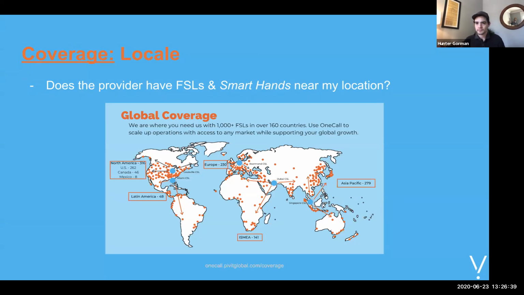Yeah, so this slide really, two things pop out at me when I look at it. So one is obviously our topology of FSLs, which are our forward stocking locations that house our spares for both 4-hour and next business day coverage in all of those regions, as you can see. But furthermore, they also are a hub for our Smart Hands offering, which are two different things. They can be bundled into one, and we can sell both on-site field engineering service with either 4-hour or next business day hardware replacement. But we can also just offer a Smart Hands, hands and feet call out offering as well.